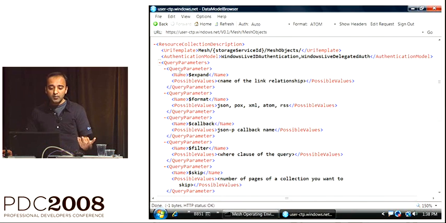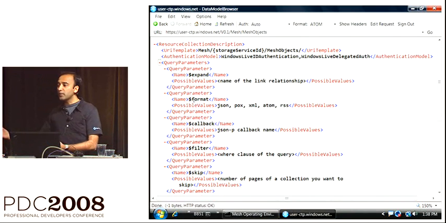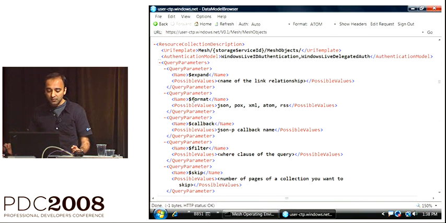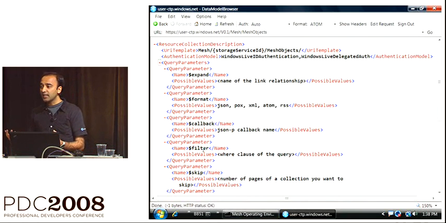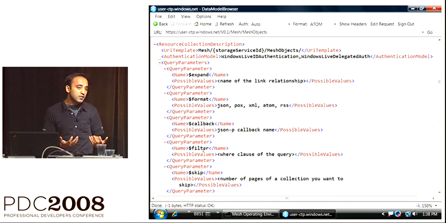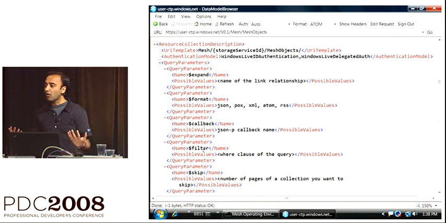So if you go down into query parameters, you see there is a $format query parameter. We can provide you information in Atom, RSS, XML, and JSON format. It has $top and $skip query parameters, which you can use for pagination. So you can say that I want to get only the first entry or the top 5 entries. It has $orderby query parameters, which you can use to order the content list based upon a particular parameter. So if we do that, let's say,